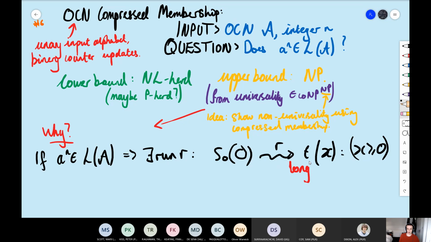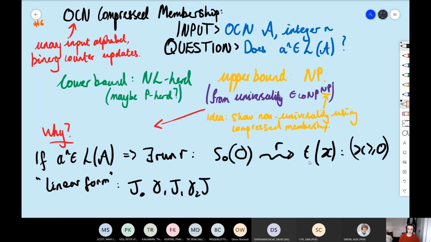I'm not going to show you exactly the mechanism of doing this, but there's a kind of standard form. Let's call it linear form. It's really nice. The idea is that you can take a path tau naught to a cycle, and then take another path to another cycle, then another path, etc., to the final cycle, and then the final path. This starts at S and ends at T.